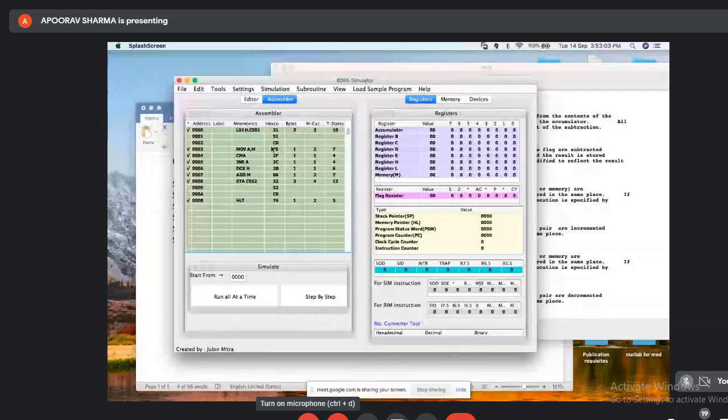Then it will need the next instruction. So after we introduce 7E, now it will know I have typed the MOV A,M command. Okay, I have fed the MOV A,M command and it is 1 byte. So after consuming 1 byte, it will move to the next instruction. That's how it will know whether it is a 1 byte instruction, 2 byte instruction, 3 byte, or which type of